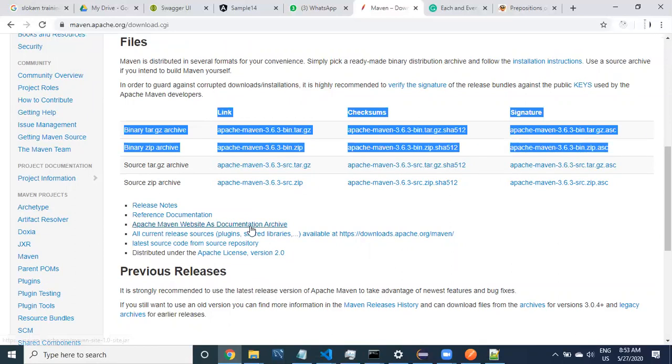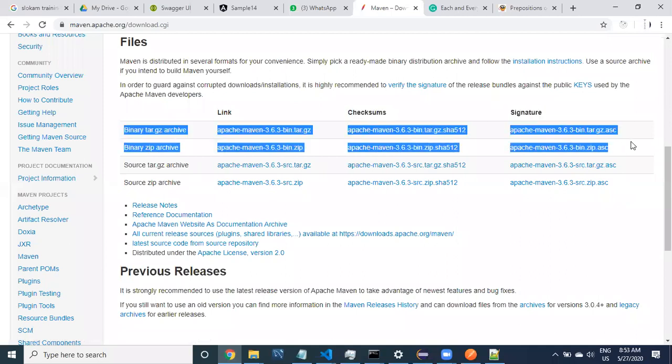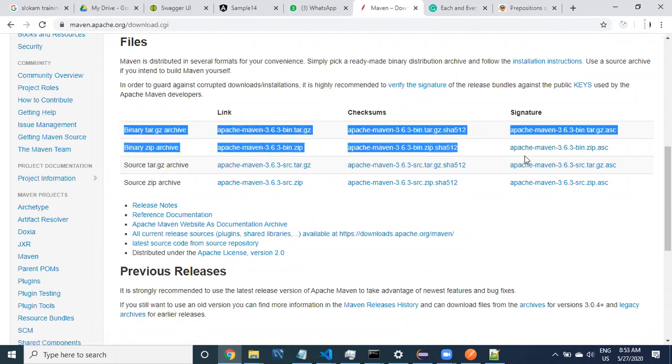Any binary versions. Okay, so source version means source code. If you want to implement anything on top of Maven, then you need the source code, and you need to open the source code and write your own code on Maven. However, you don't need to worry about Maven extensions and all those things. Because this is open source, they provide the code for you also, showing how it has been developed, but we only need to use it. That's it. I don't want to extend all those things to use Maven. Not only this one, anywhere, if you want to download anything and use it, just download binary, that's it.